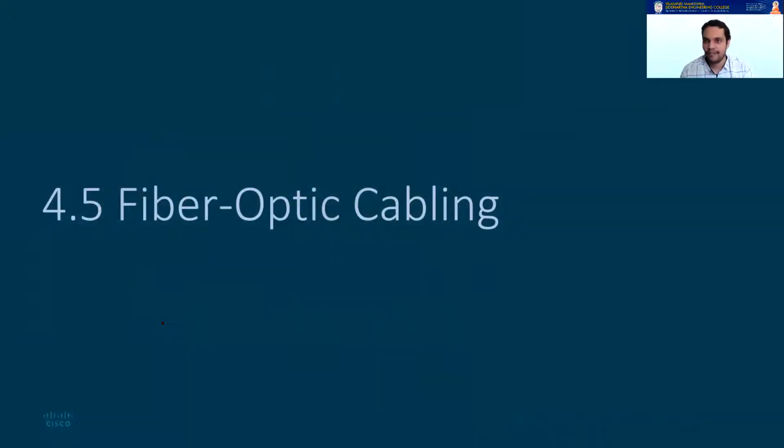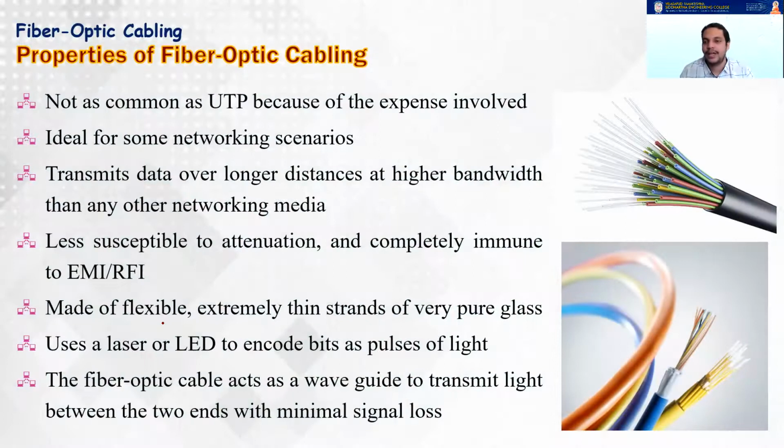Now let's go for the fiber optic cable. We have learned about copper cables. I told you about copper cables suffering from EMI, RFI, and attenuation, whereas fiber optic cable is not made up of copper, it is made up of glass or some kind of plastic, and it is also not commonly found as you see UTP everywhere because it's expensive. The expensive nature of optical fiber does not just come from the cable itself, it also comes from the type of connectors we use and also the technicians involved in installing fiber optic cables.